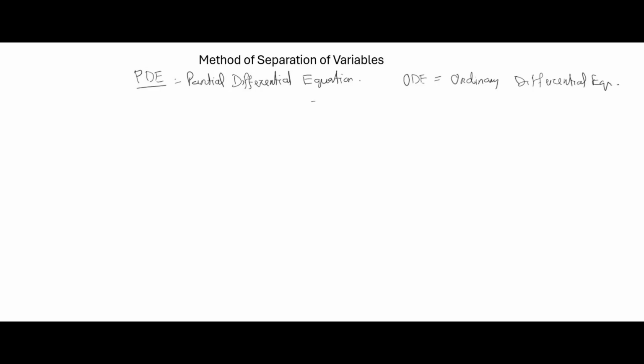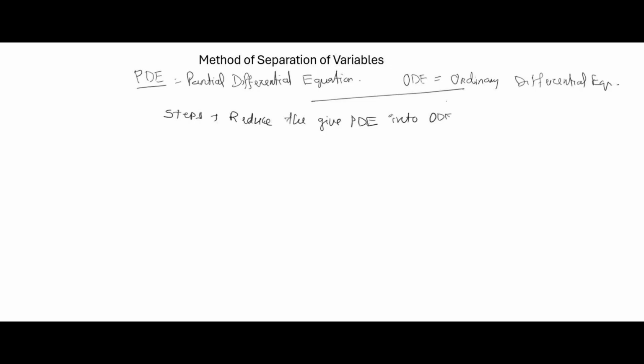Okay. So, what are the steps involved in solving the partial differential equation by the method of separation of variables? In step one, what do you have to do? Reduce the given partial differential equation into